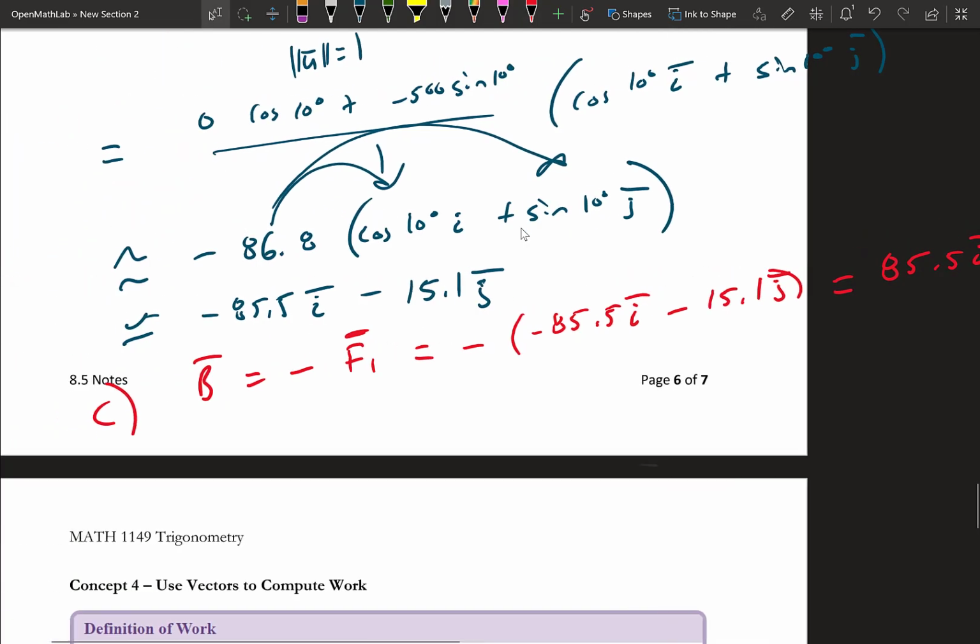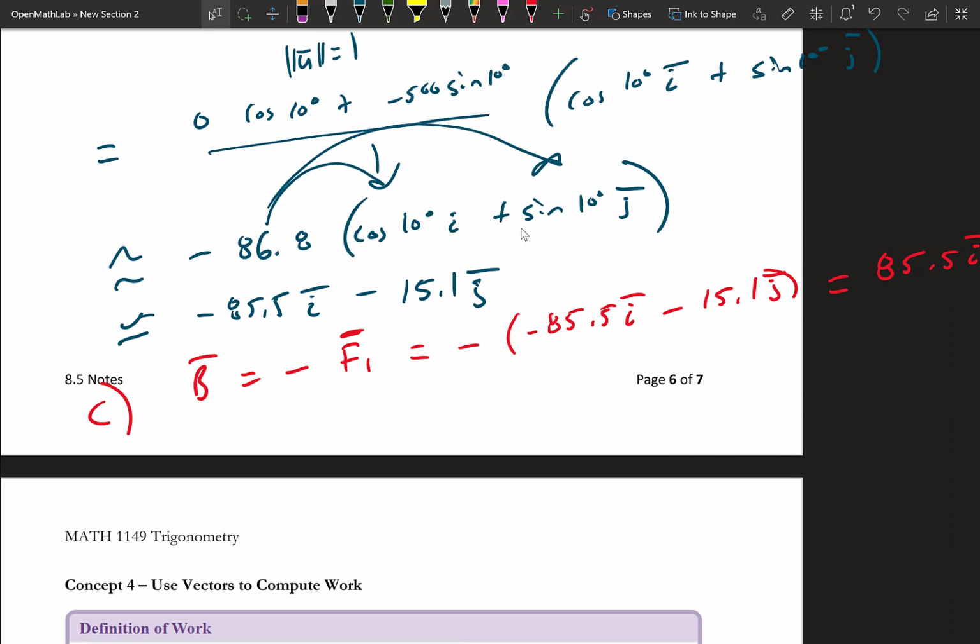Then what we're asked to find is the magnitude of the force, so that's the modulus. So we'd take the modulus of vector B, which is equal to the square root of 85.5 squared plus 15.1 squared. And this comes out to be approximately 86